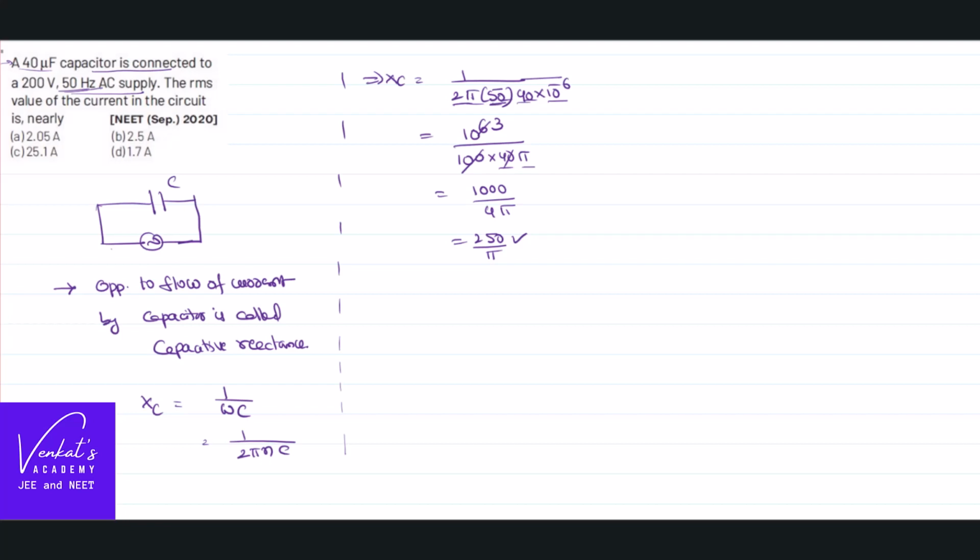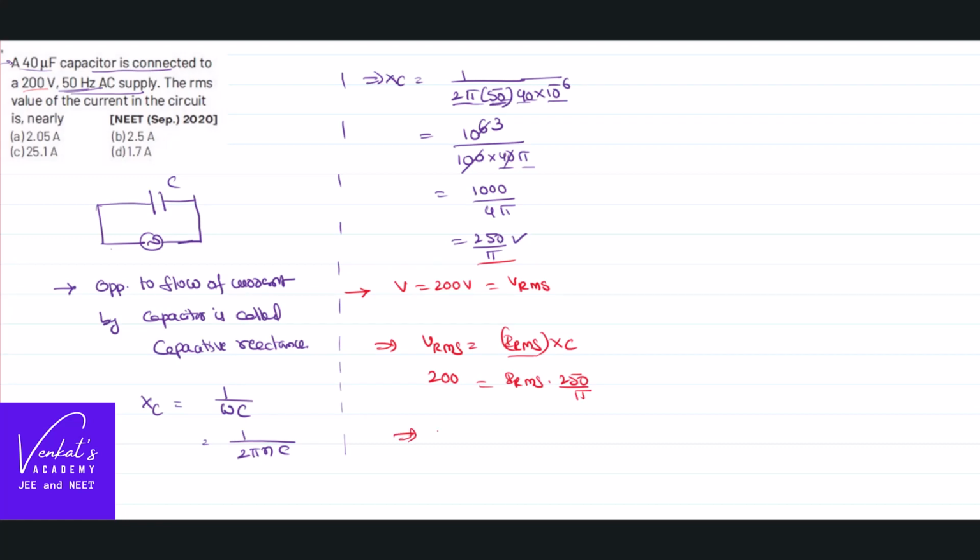Now you know the capacitive reactance. The value of the voltage is given for you as 200 volts. As it is not mentioned as V maximum, generally what's the value they give is an RMS value. We can call it VRMS. Then we can write a formula VRMS equal to IRMS into opposition to the flow of current, that is XC. So VRMS is 200, IRMS I am supposed to find out, XC we have found as 250 divided by